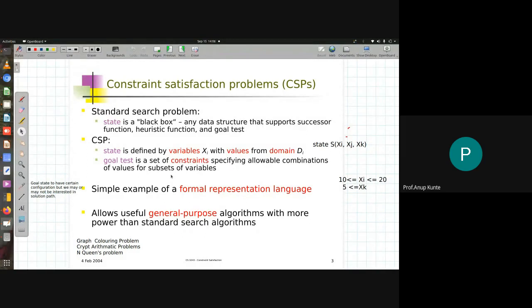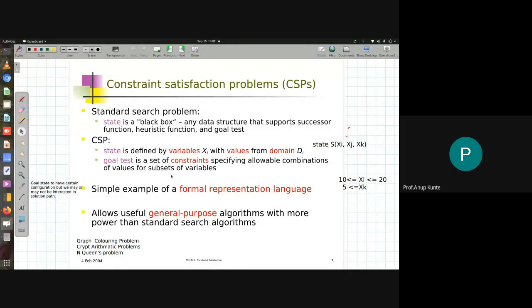The second thing is that the goal test in CSP is totally different from the other problems that we already saw. There we matched against the state that we knew was going to be the final state, whether a particular state matches with that. So that was finding a match between a given state and a goal state. And whenever that match was found, the goal test was said to be passed. Otherwise, it was said to have failed.